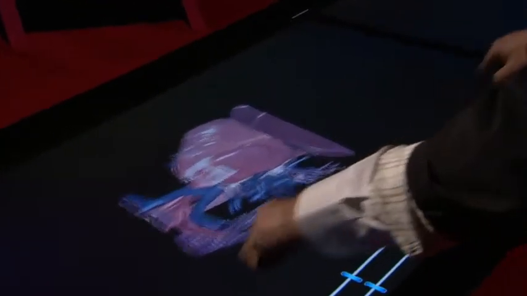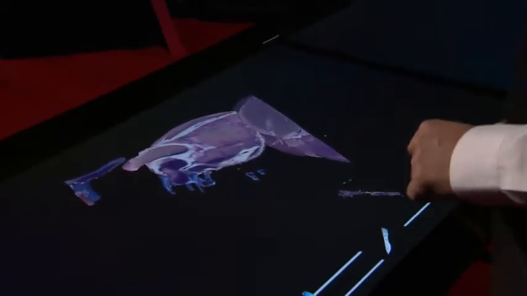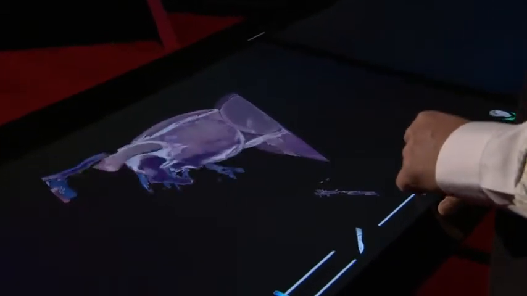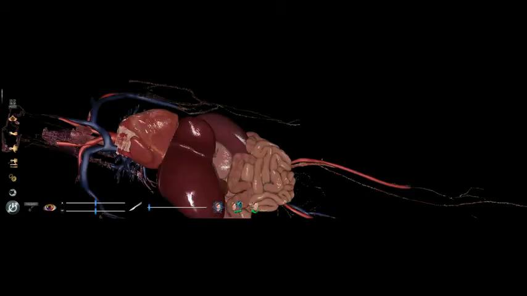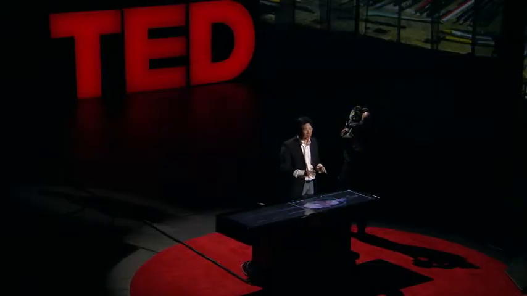All right, let me zoom in. I'm going to make a cut right there. And then you can see the inside of the heart. You can see atrium and ventricles, how blood flows to arteries and veins. Just like this, students can isolate any body part and dissect any way you want to. It doesn't have to be always